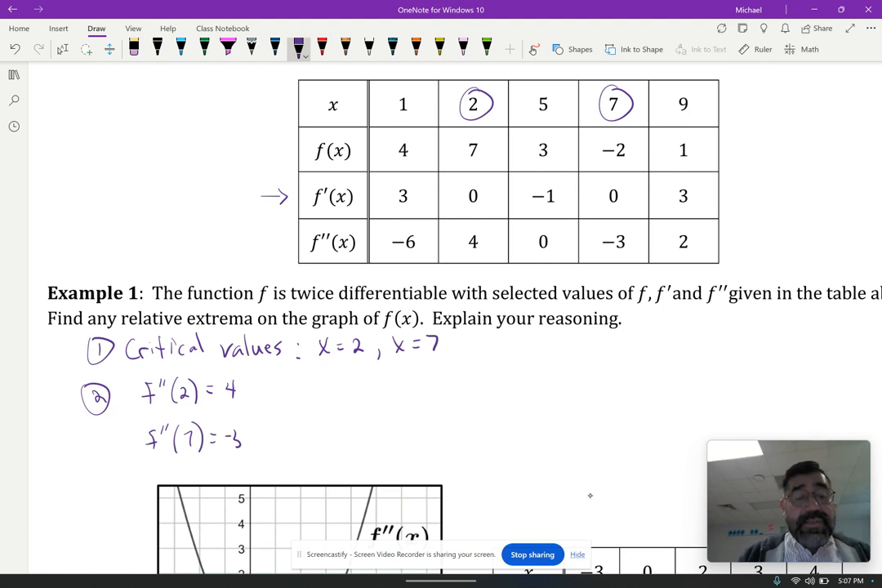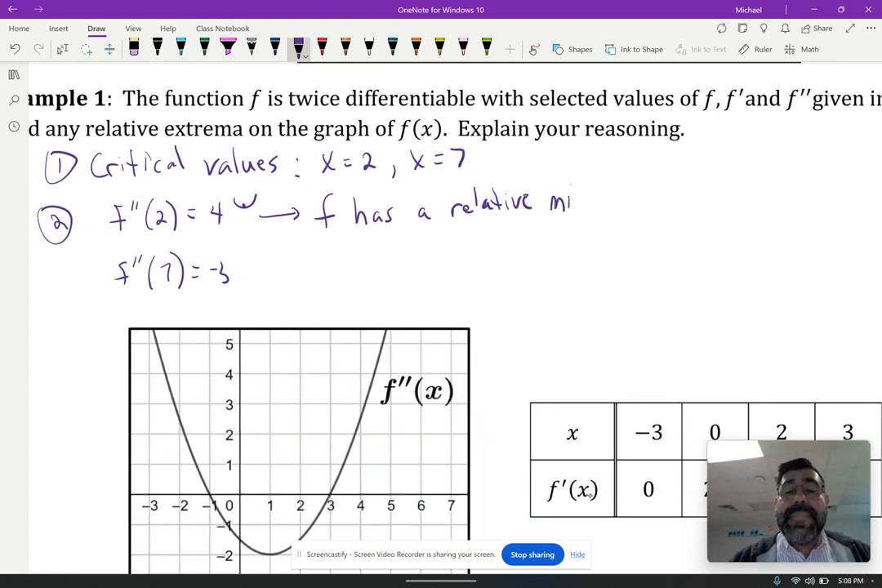This tells us that f has, now remember, second derivative is concavity. So if my second derivative is positive, that means it's concave up. That means there's a relative minimum there. F has a relative, I'm going to write the whole word this time, minimum